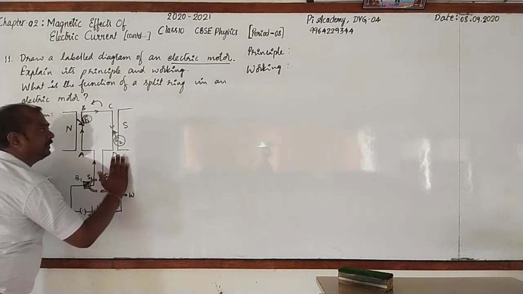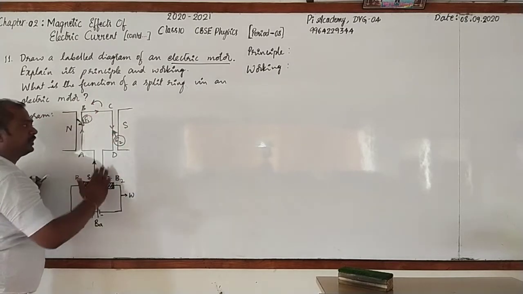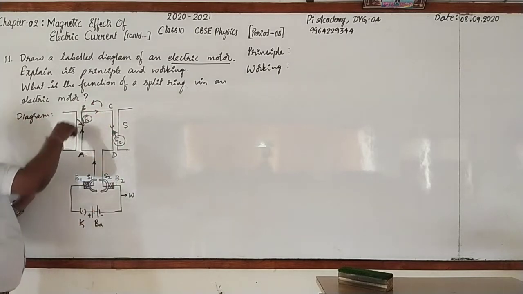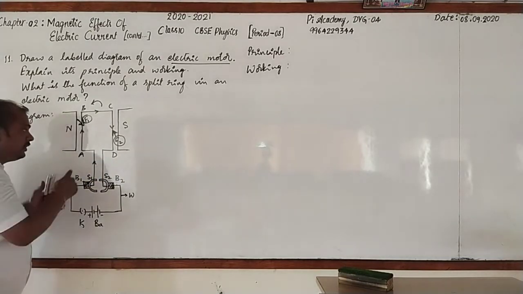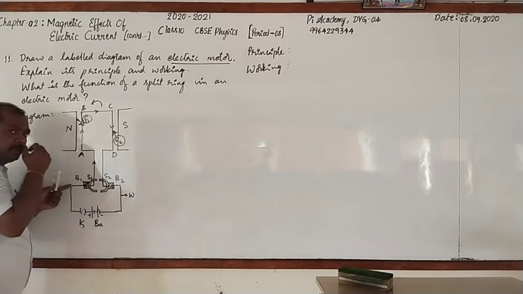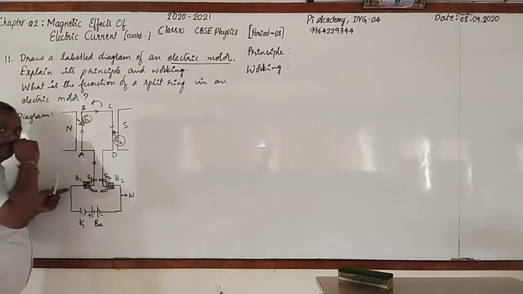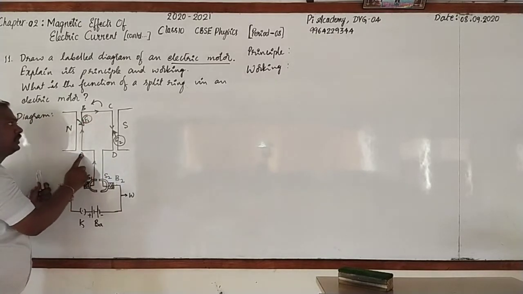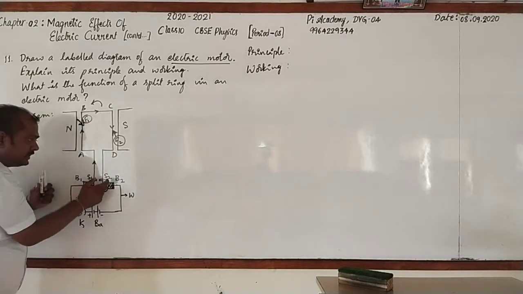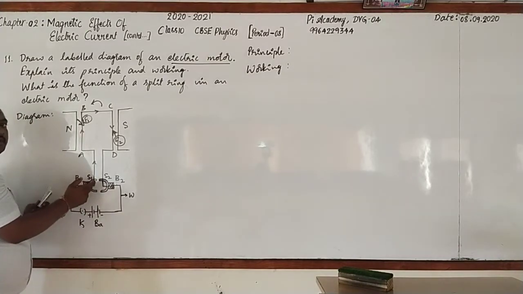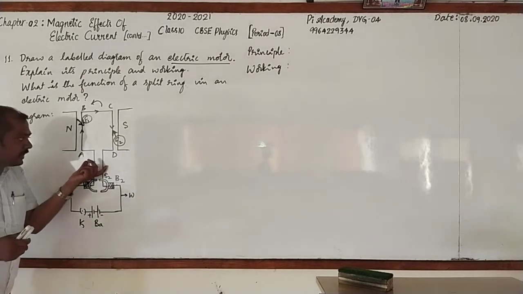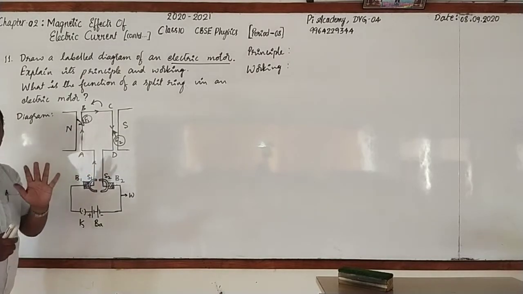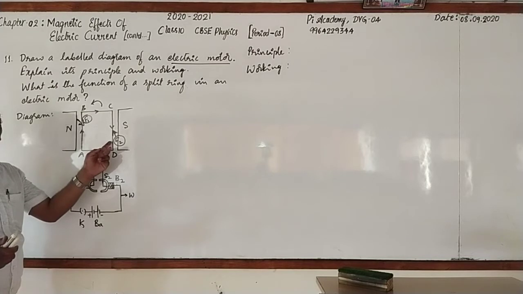on the AB in the upward direction. Again, the coils keep rotating in the anti-clockwise direction only. But here, during every half rotation, the direction of current is changing. Once it flows through ABCD, next it flows through DCBA. It is due to these split rings. So the split ring reverses the direction of current in the armature, or in the coil.